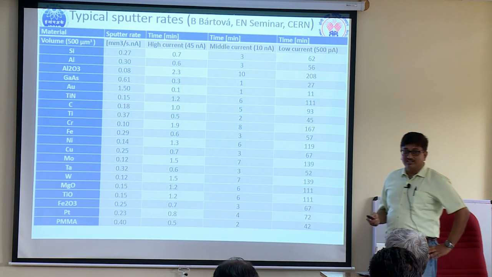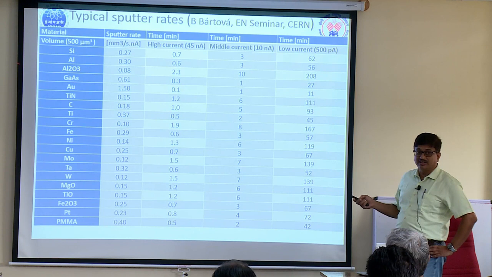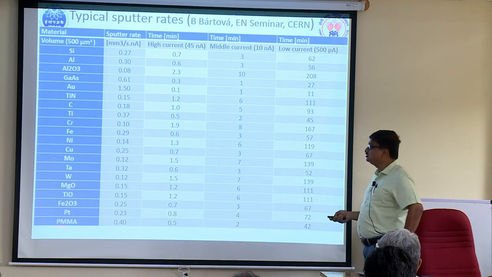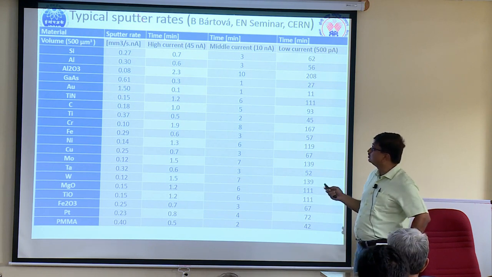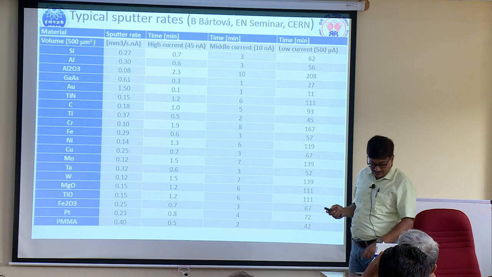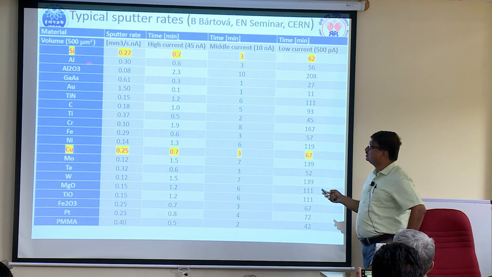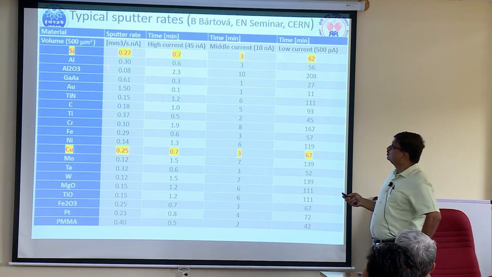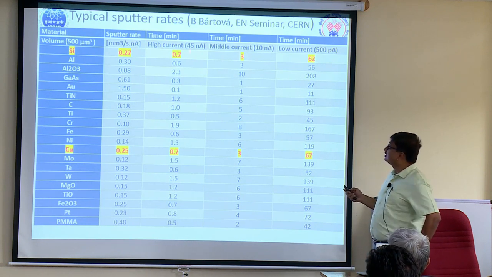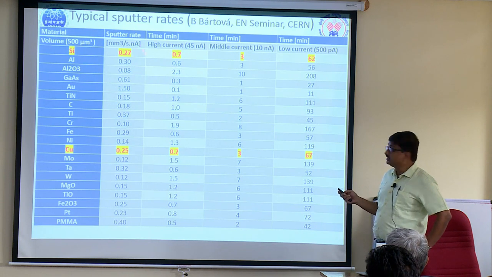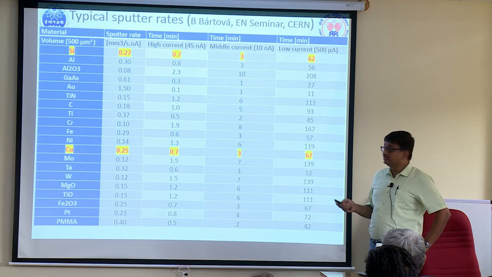Now, you can download this. You have the sputtering rates for most of the elements and the standard compounds that you may use during the course of your work: silicon, carbon, gold, titanium nitride, nickel, and so on and so forth. This is very important as you design your experiment. Let's look at these two, silicon and copper, very interesting. If you look carefully, they have identical sputtering rates, which means that at a given ion current, you are going to take the same amount of time to remove the same amount of material.